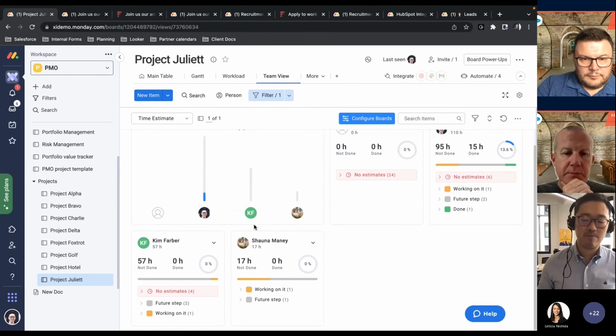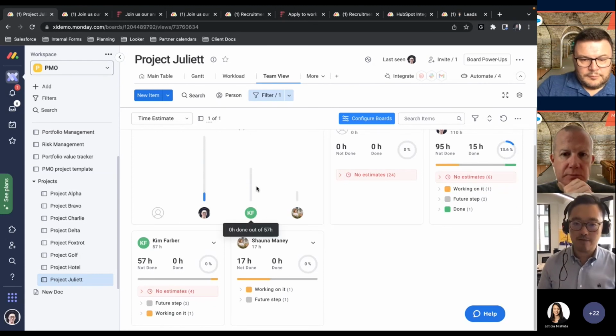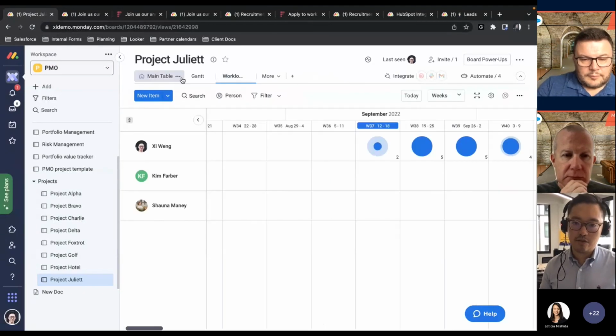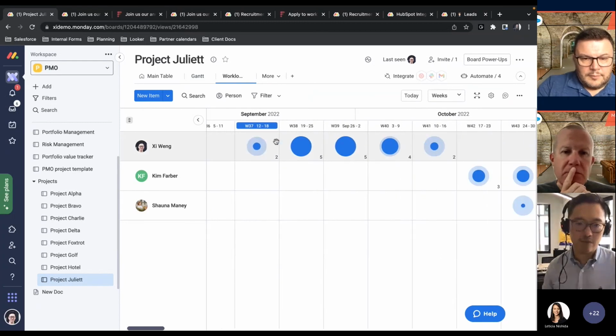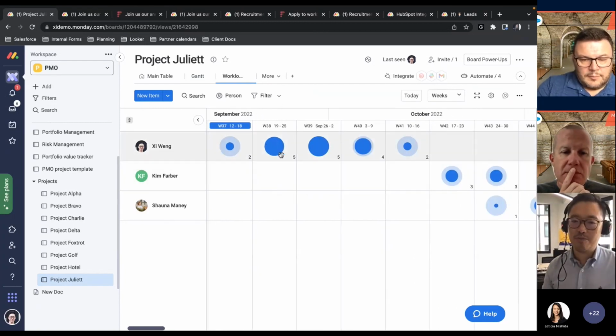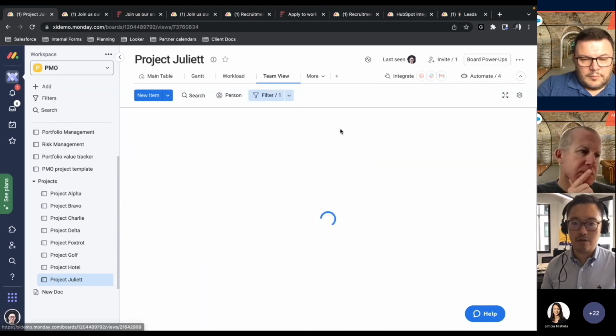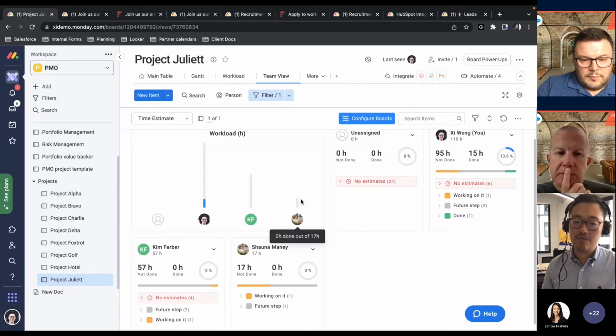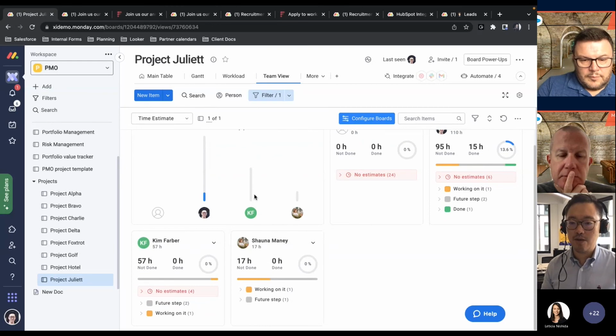So there will be some updates along the way from Monday directly on the workload chart and view, and the same with Gantt. We've taken a lot of feedback from enterprise customers and pro customers, and frankly all customers, about what could be better here. There are some items on our roadmaps for next year, but in the meantime, this has come highly recommended from a few customers and also colleagues of mine in terms of slightly easier visualization of where people are on the workload.